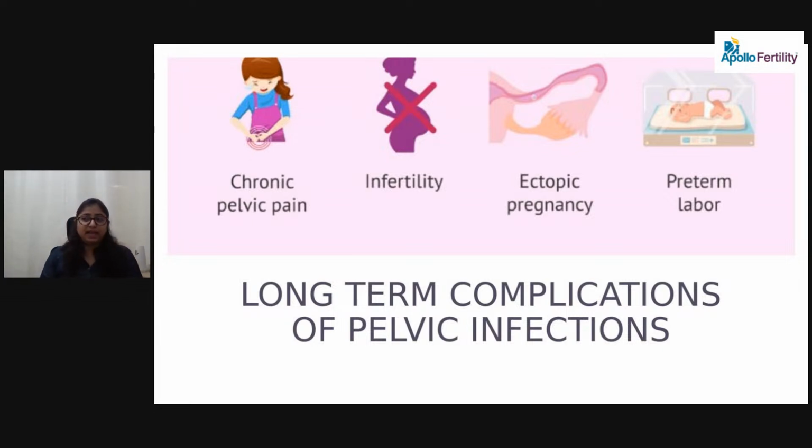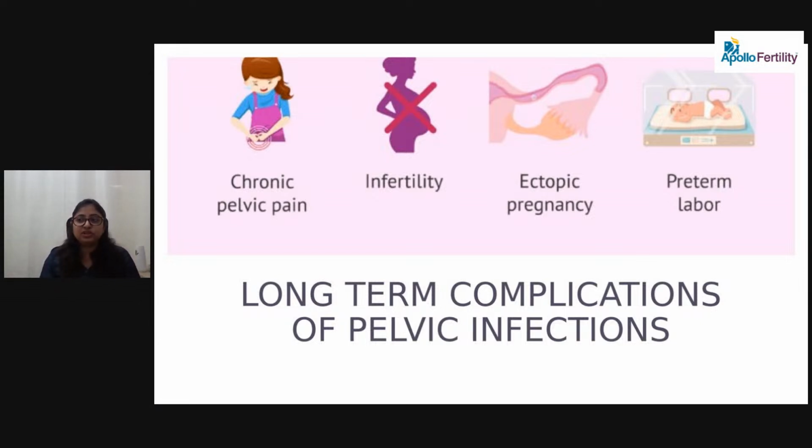So pelvic infections can happen, and these are some of the complications. But pelvic infections do happen in males also. In males, they can affect the epididymis. They can affect the prostate. So if these organs are affected, then it can also affect the formation of the sperms in the male. If sperm formation is decreased, then in that condition it can cause male infertility. So this is how the pelvic infection affects males also. It is not only females who are affected in pelvic infections.